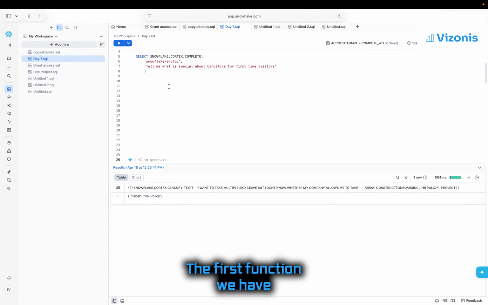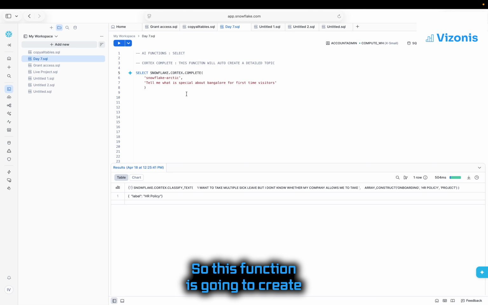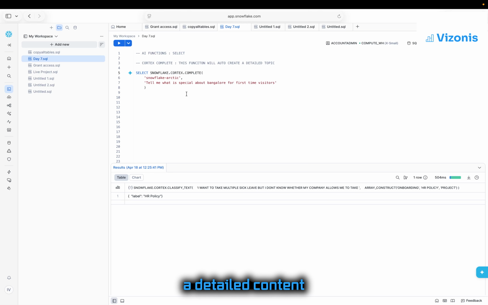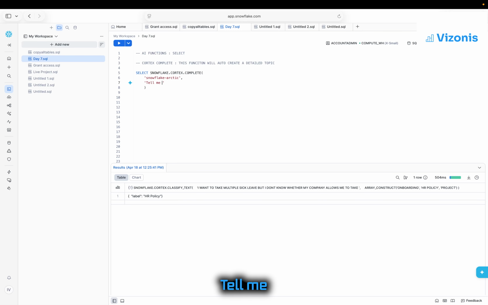Okay. The first function we have is snowflake.cortex.complete. This function is going to create detailed content about that particular topic. So now I'm going to write a topic name here. Snowflake Arctic is the model name on which we are going to generate the content. Tell me what is unique about